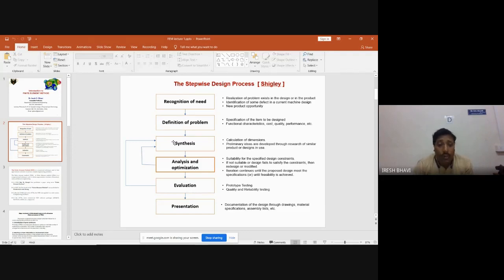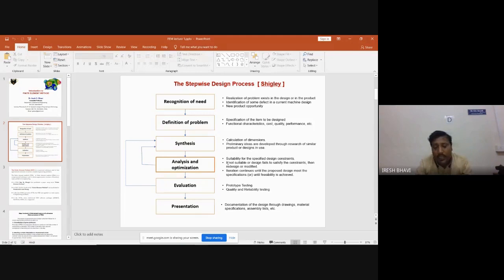But after the invention of computers, as computers can easily solve matrix equations, FEM gained popularity. So in the analysis and optimization phase, we will be using the finite element method. So what we do, we use computer simulations. After doing all the calculations, for example, suppose I have calculated all the dimensions and material for this pen, I will prepare a CAD model of this pen with all the specifications, means its material, everything. Then later it will be used in finite element analysis software for analysis purpose.